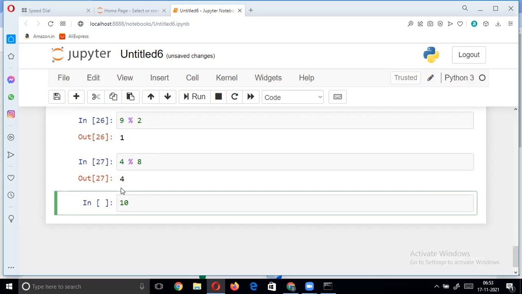And 10 modular division with 2 will give 0, because there is no remainder. Exponentiation: 3 exponentiation 4 means 3 to the power of 4, which gives 81.